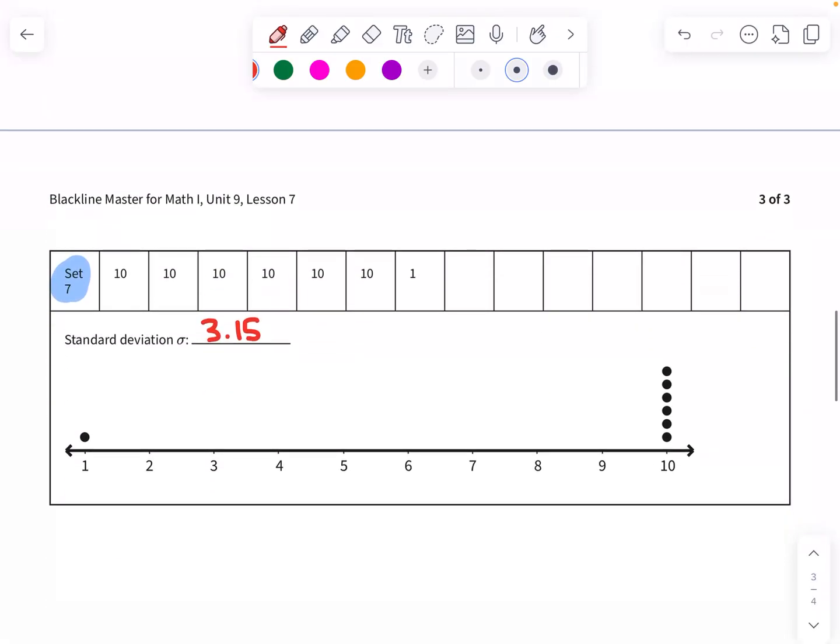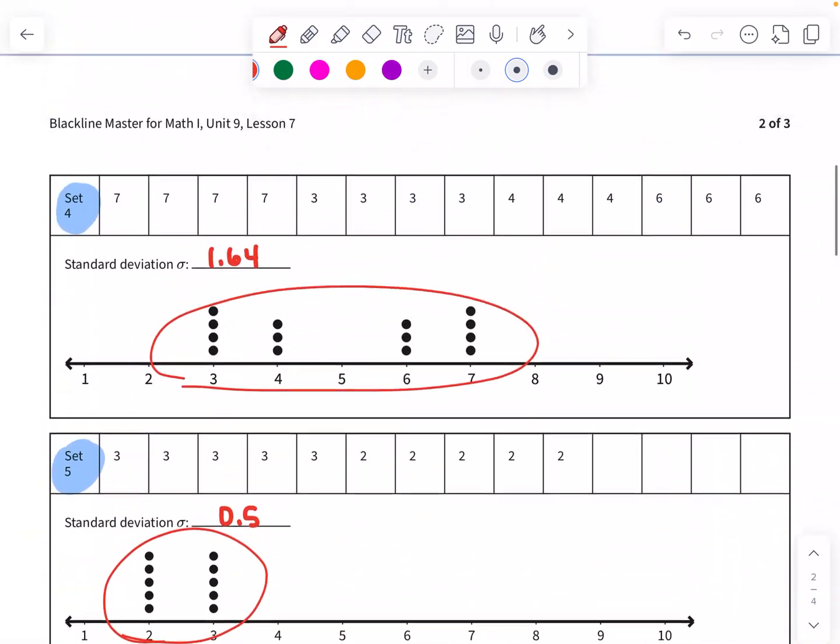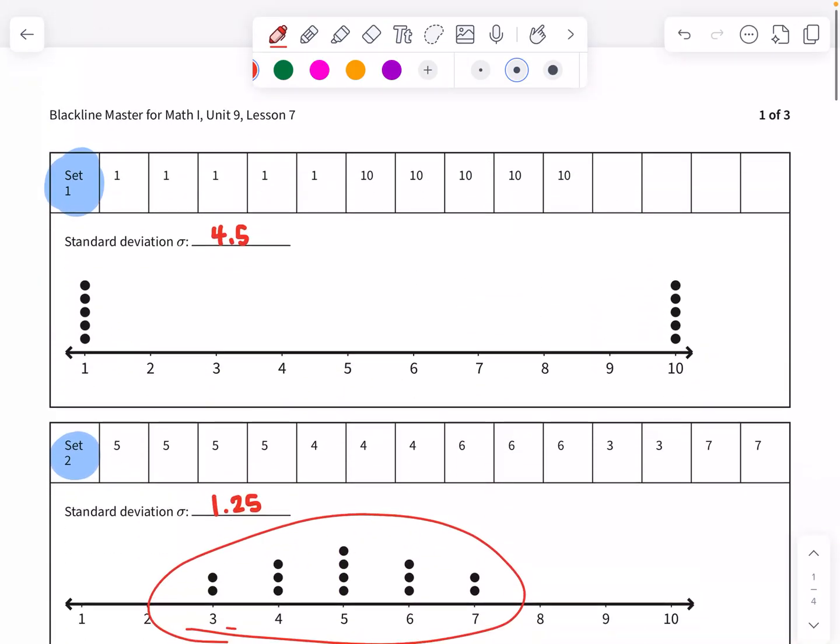And then number 1 had the greatest standard deviation. Yeah, look at that. This has kind of an even amount of data on both sides, but really far apart. Okay, so that makes sense as far as patterns that we're noticing or trends. Okay, let's move on to